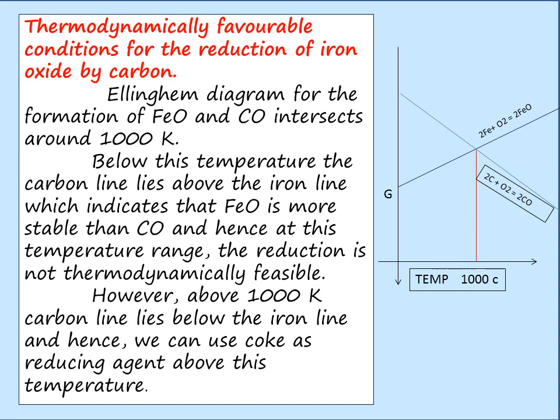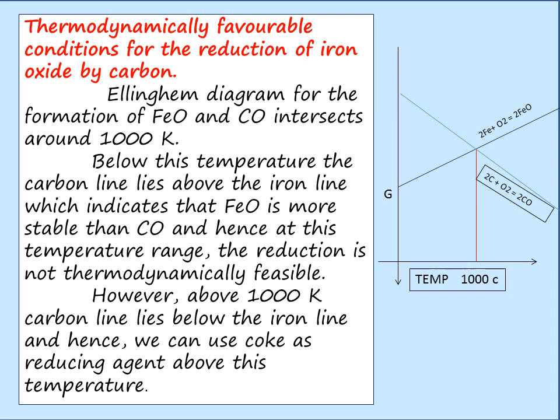Thermodynamically favorable conditions for the reduction of iron oxide by carbon. What does it mean? At which temperature can we use carbon to reduce iron oxide? If you see this graph, the iron oxide line and the carbon monoxide formation line intersect at 1000 degrees Celsius, which means below 1000 degrees Celsius, the iron oxide line lies below the carbon monoxide line, which says that iron oxide is more stable